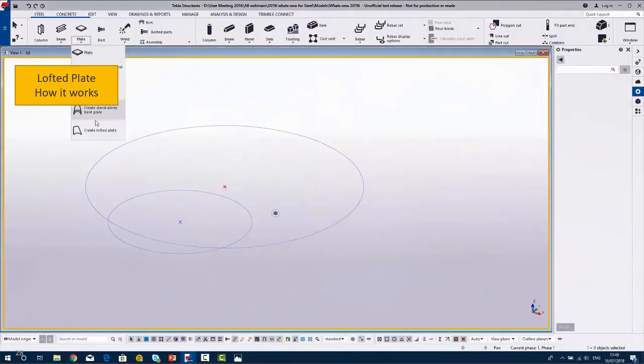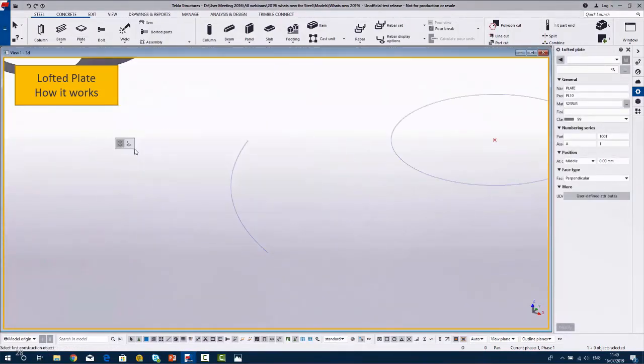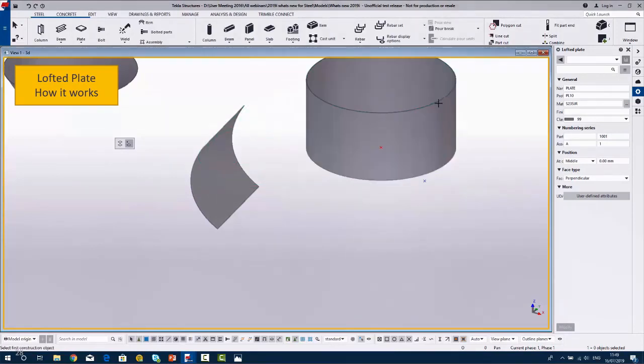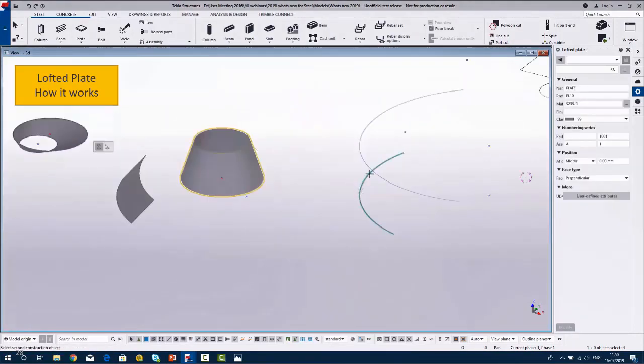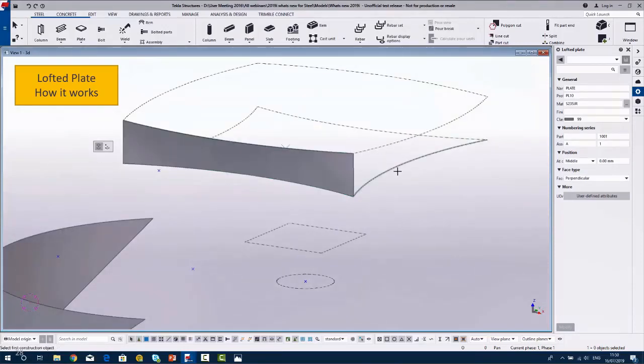We can go as well from offset circle to offset circle, as you can see in this example here. We can go from arc to circle. In this case, actually what I'm doing is I'm going to go from arc and drag it up, so if you've got no circle to go to, you can actually just drag up the same shape and alter the diameters. Again, from concave curve to convex curve, as you can see there, creating these warped plates like so,